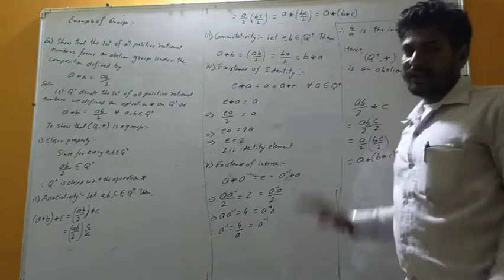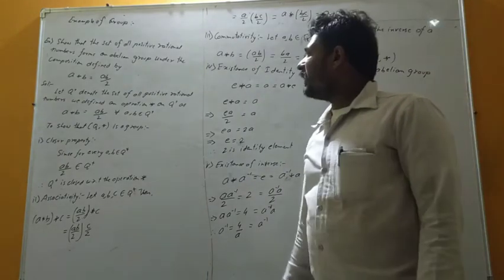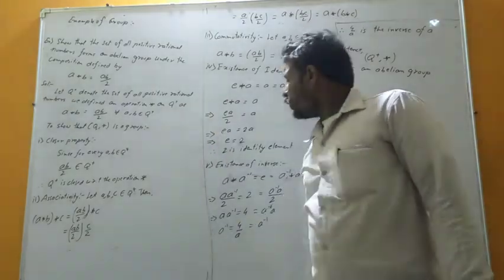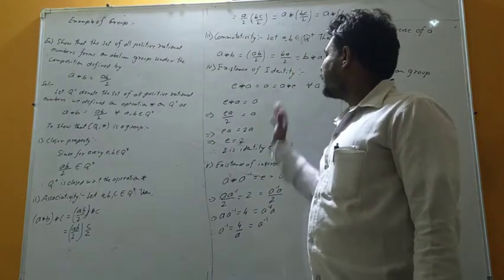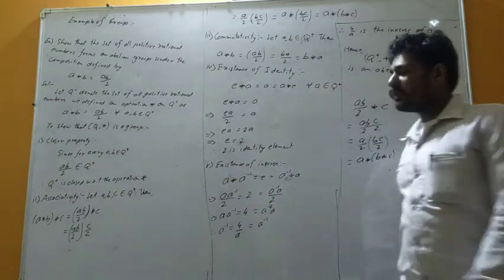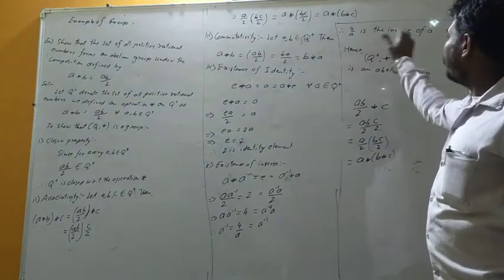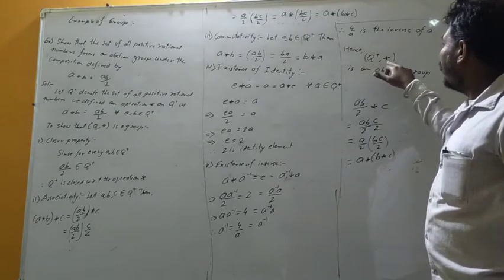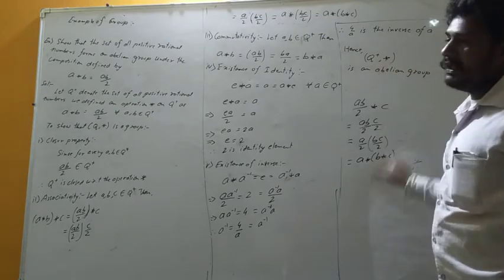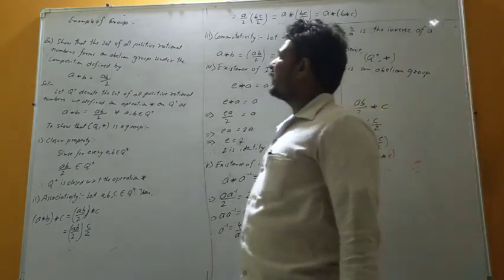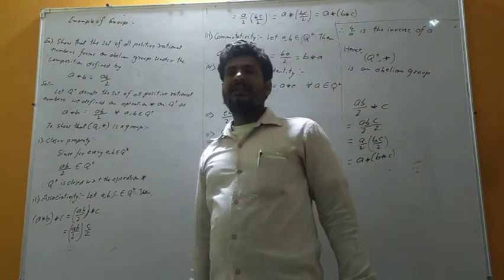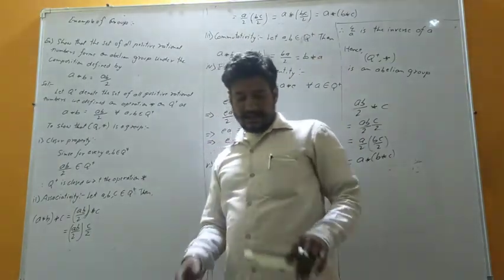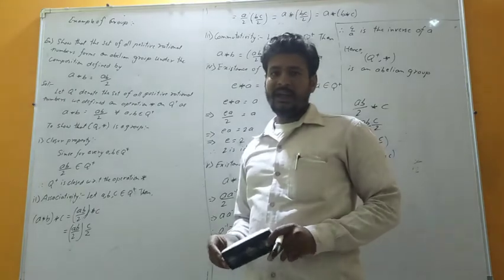Thus all the properties, that is closed property, associative property, commutativity, existence of identity and existence of inverse, hold. So this algebraic structure, Q plus, the set of positive rational numbers, with star, forms an abelian group. This is the example about groups. In the next lecture we will see what finite and infinite groups are, and the order of